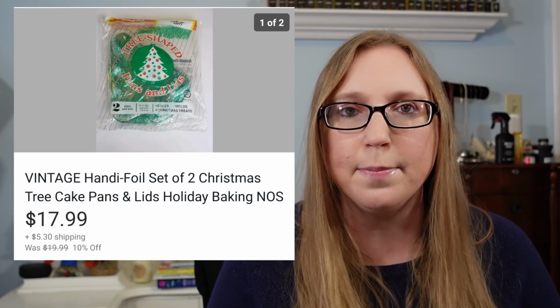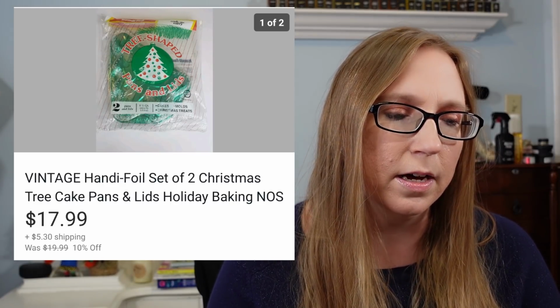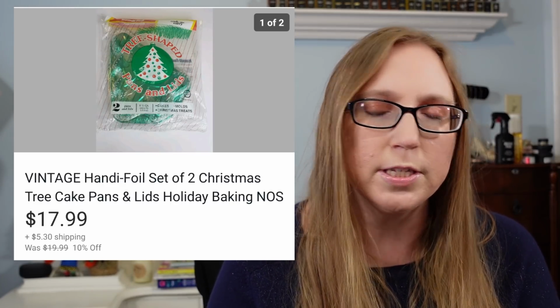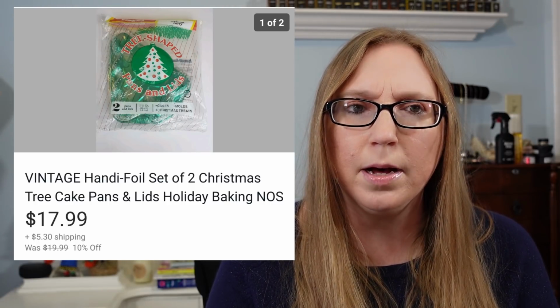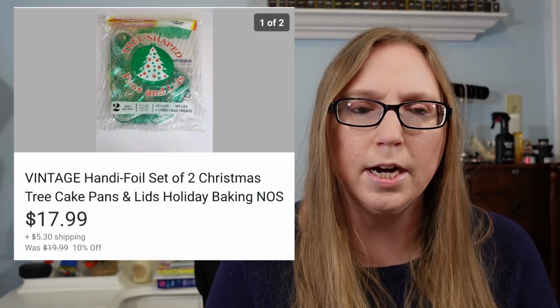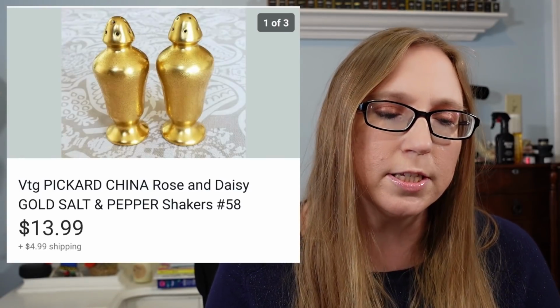Next was a vintage Handy Foil Christmas tree cake pans. These were brand new, old stock. I think there were 2 pans in the package. These sold for $17.99, and I probably picked them up at a yard sale, so definitely no more than $1 I paid for those. Next was a set of Picard China salt and pepper shakers that sold for